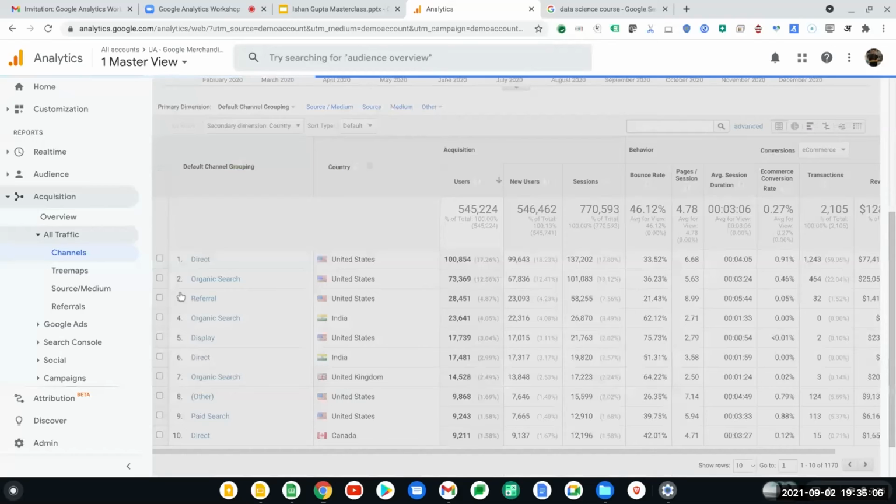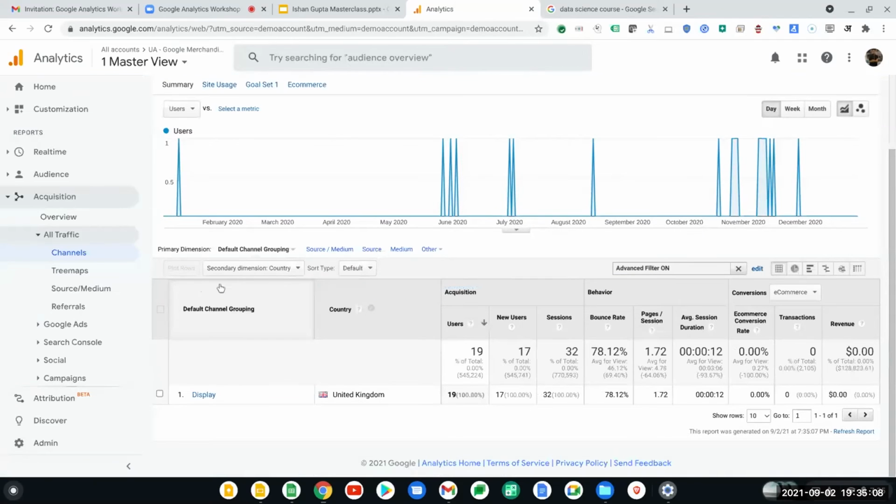This will give me data only for display UK. So how many transactions have we got? 0. Correct. So you can add secondary dimensions. You can also add filters so that you're only looking at the set of data that you're interested in checking.